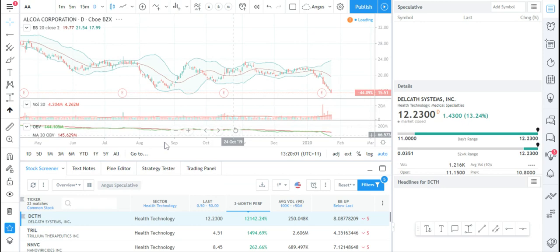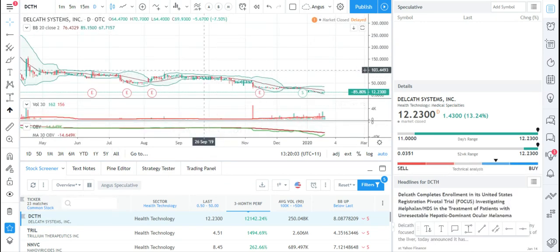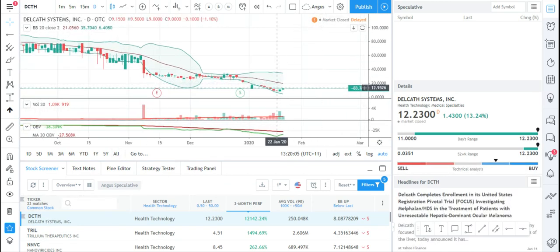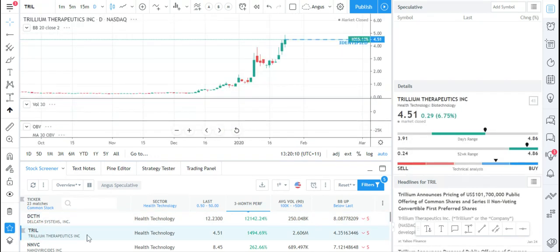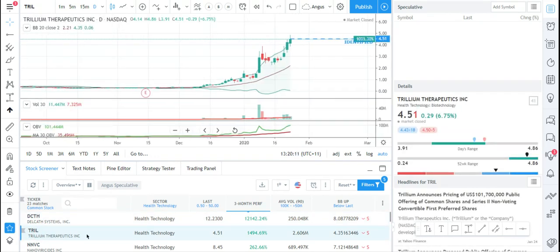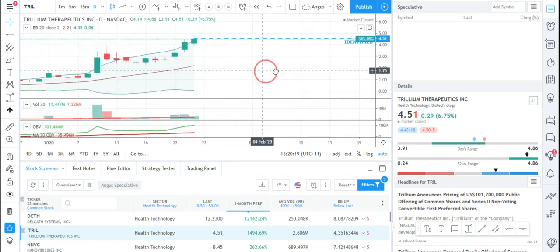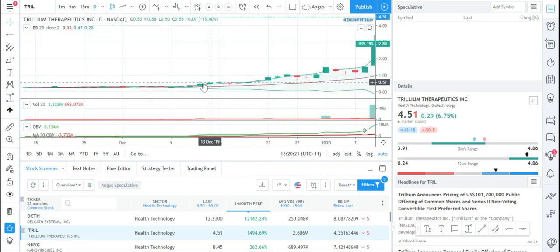Sometimes you get a stock like this one here, which I just know is bugging the system, because it obviously hasn't broken above that upper Bollinger Band. So let's look at Trill. Right, and so this is a good example. This is a stock, you can see it was traveling horizontal, and then all of a sudden it's broken out here. And if we zoom in a bit, you can see that this is the first day it properly closed above its upper Bollinger Band,